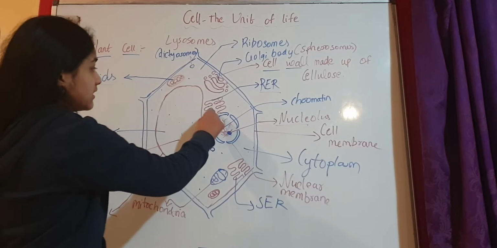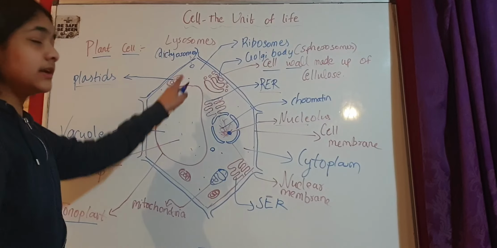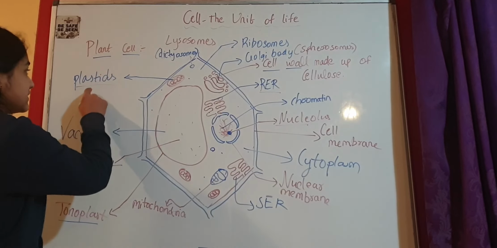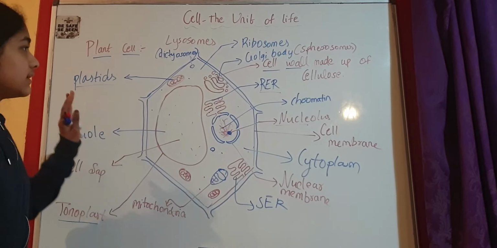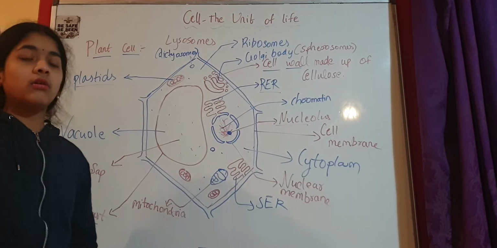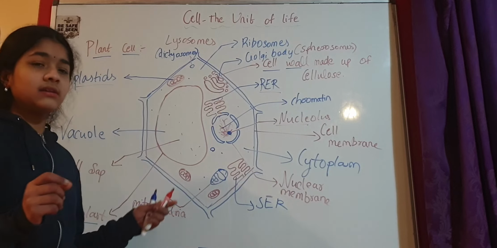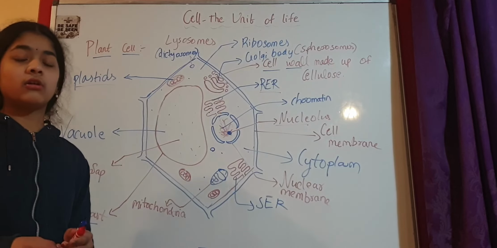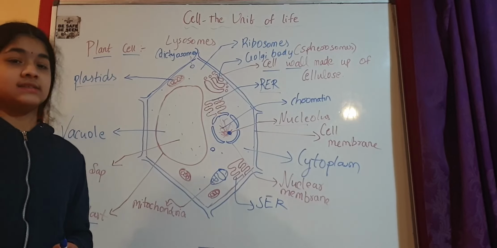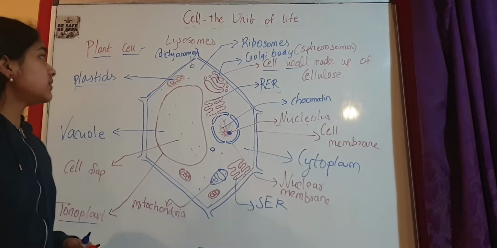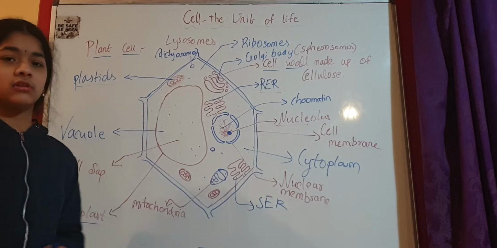Ribosomes, the free ribosomes, and the membrane bound ribosomes. And lysosomes, which are dictyosomes in case of plant cells. And plastids, the three different types we have taken a look at. And vacuole. So again, these are the different structures of the plant cell, organelles, which are membrane bound structures. And the only structure present in the cells that is not membrane bound is ribosomes. That's why they're also present in prokaryotic cells, the cells with primitive nucleus. So this is all about eukaryotic cells. We have looked at animal cell and plant cell. This is the overall structure of plant cell.